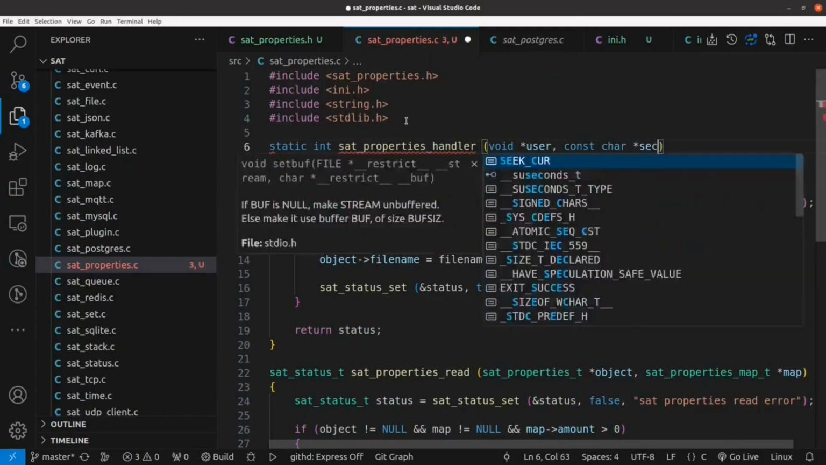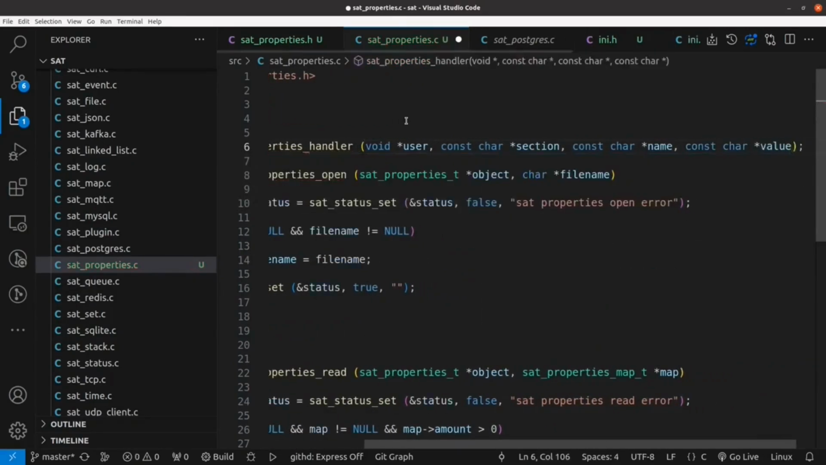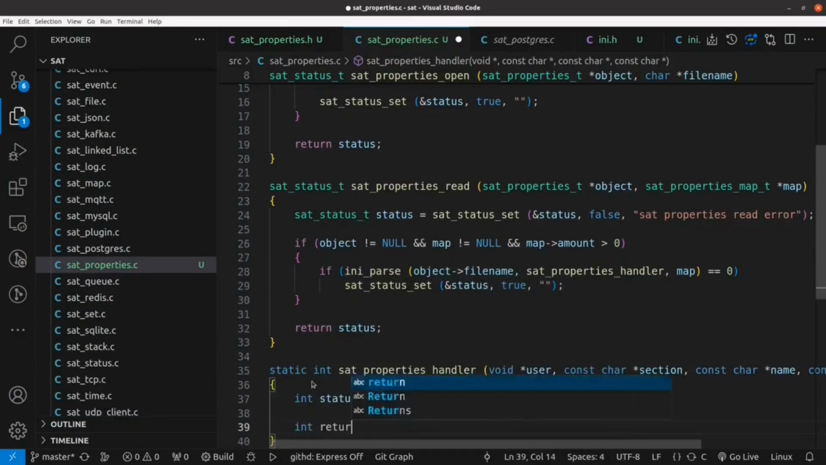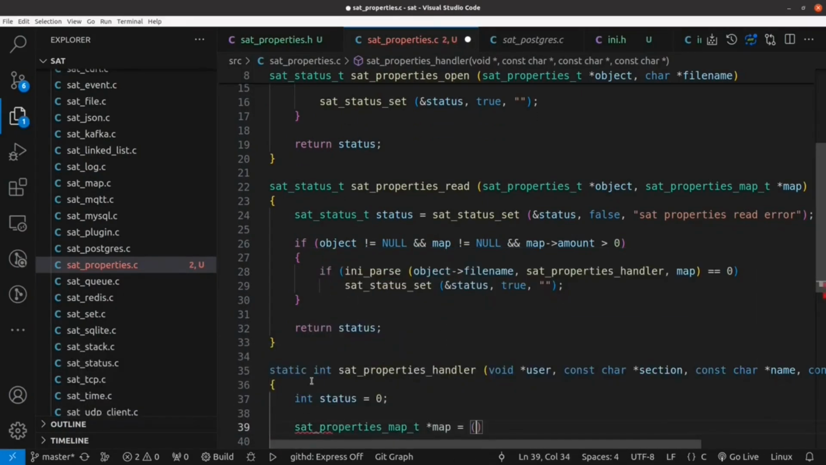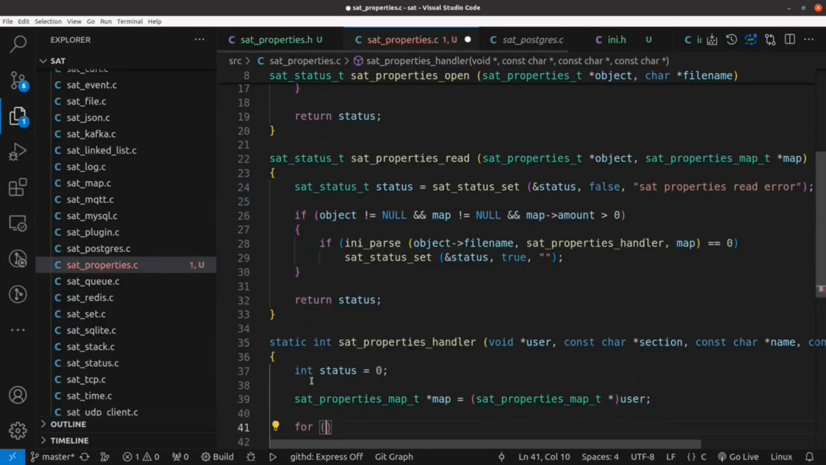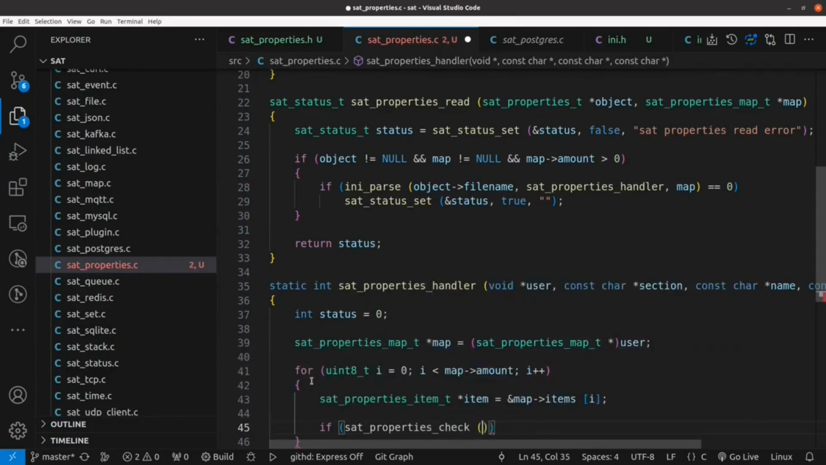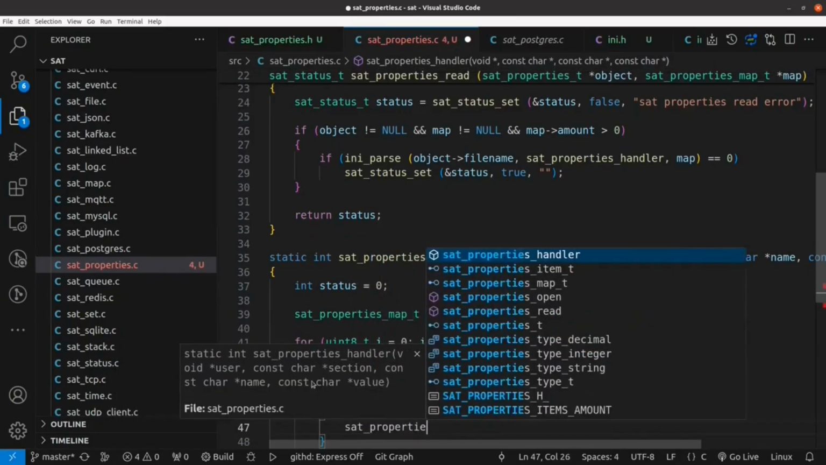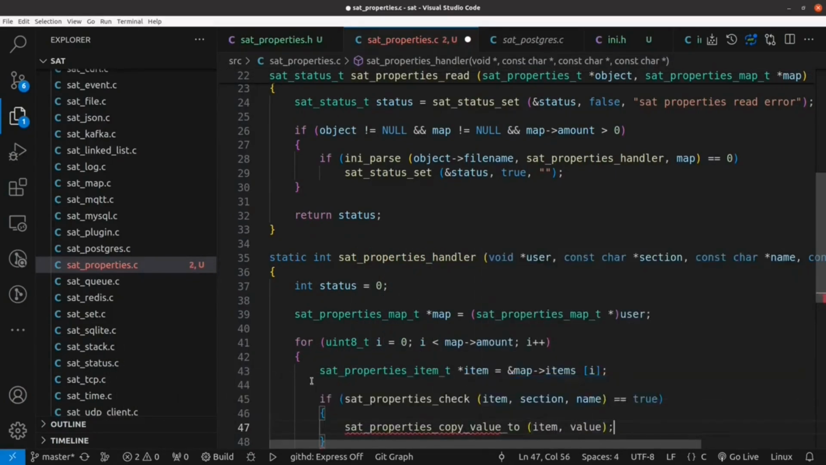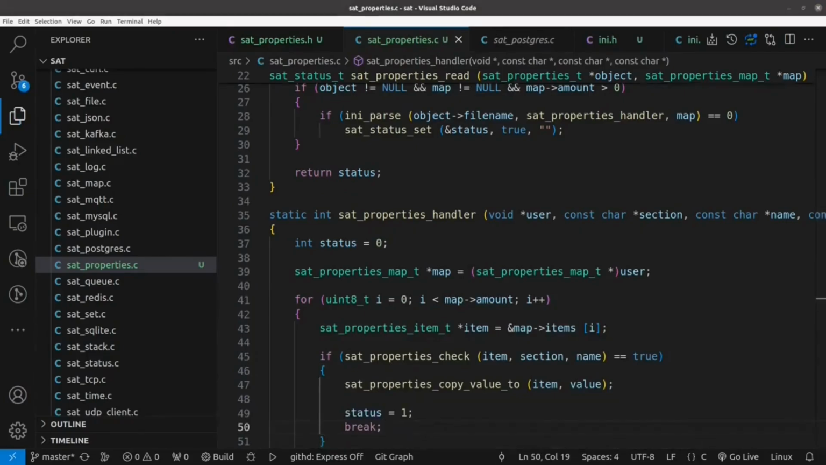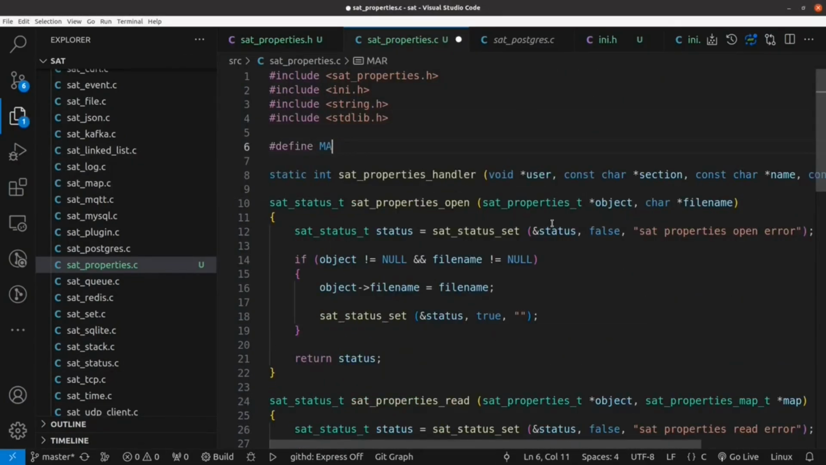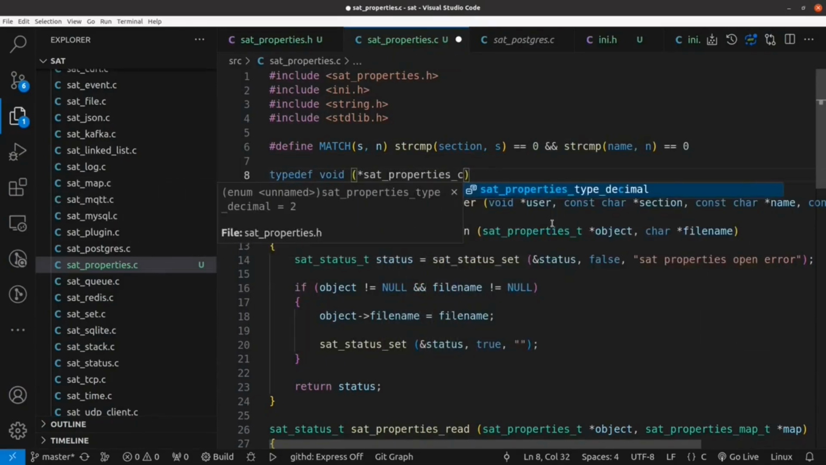I define the handler and the copy to implement it, create a status at 0, and retrieve the map through casting. I loop through the items in the map, obtaining the item based on index, verifying its existence, and copying its value. I define a match macro, an implementation used by the library itself to check if the section and the naming match. I define a callback for copying the value,